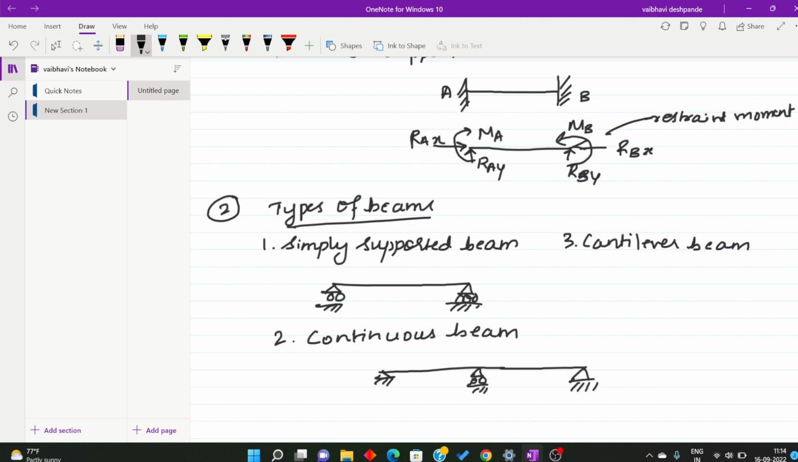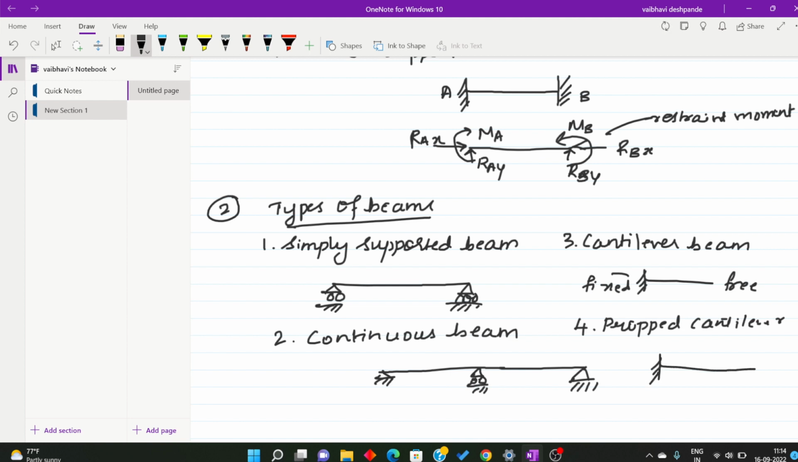Cantilever beam means it is a beam whose one end is fixed and other end is free. This is fixed end and it is free end. It is called as cantilever beam. Then fourth one is propped cantilever. Propped cantilever means if you add a support at free end for this cantilever beam, it is called as propped